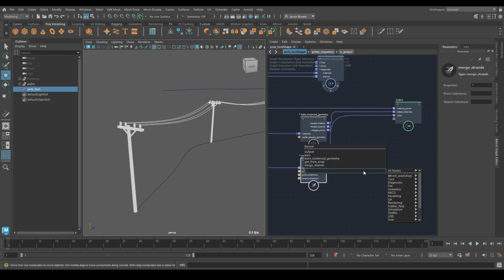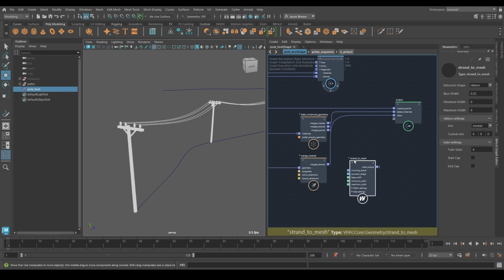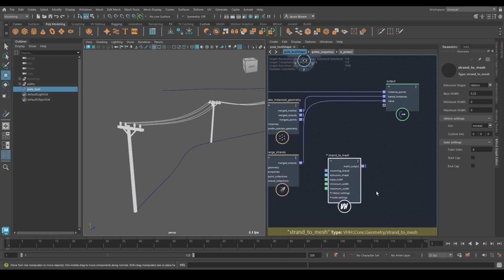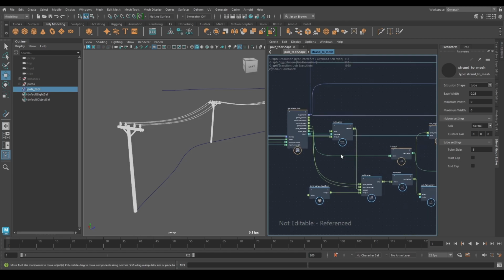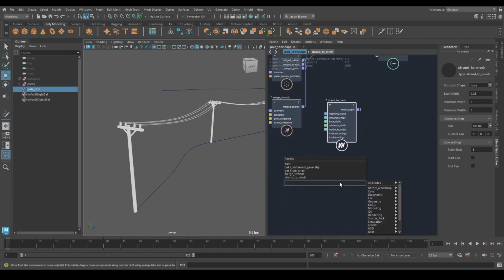And the first of the output compounds I asked you to download and install is one from me called strand to mesh. There it is. This is just installed with the VHH pack. I gave you the address at the beginning of the video. There's also links in the folder. What this does is it extrudes a strand, and it's not me that does the extrusion. This is built around Maxim's